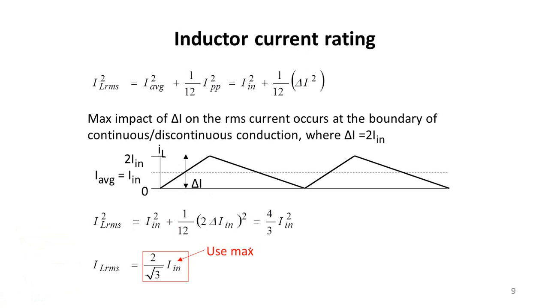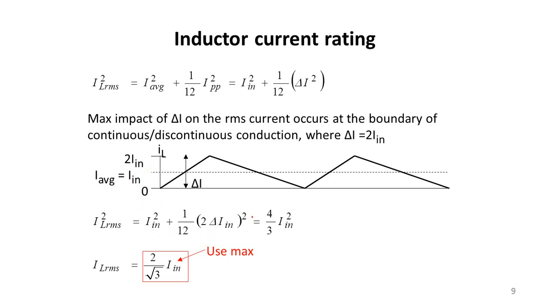When you take this RMS value, you will arrive at this value. I have given the mathematical procedure here. We have just taken the total time period and the root mean square of this value, so that you will get the total I average squared, plus 1 by 12 times of 2 into delta I and the whole square.